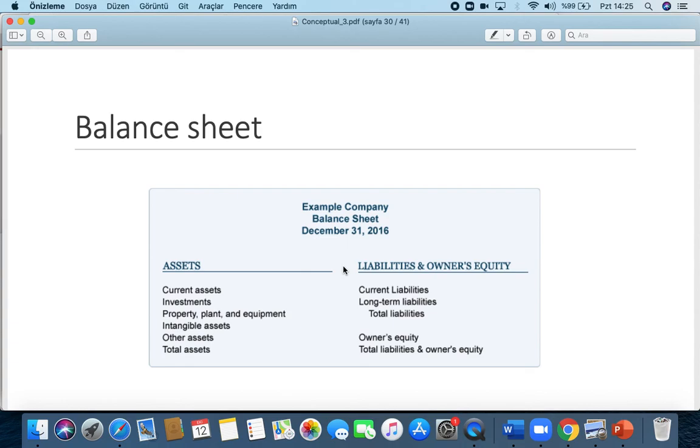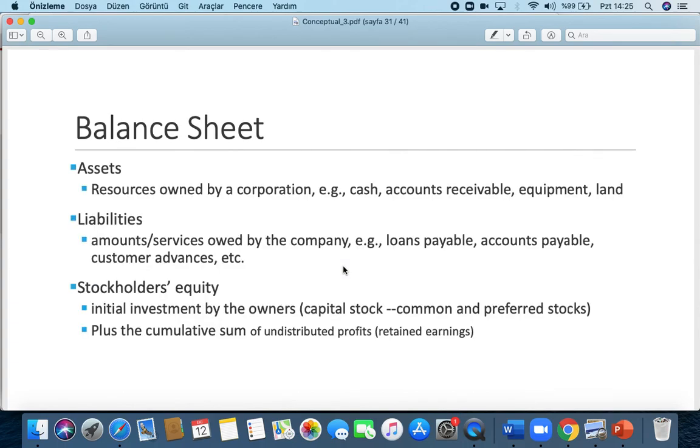So you're going to be reminded by this in the next week. Okay? So you're going to read this. Assets. These are resources owned by corporations. Liabilities are owed by the company. Equity is the internal source of finance. It is the money that is put by the owners, and there are the retained earnings, which is not distributed to the investors. Okay, we are going to know this. We are going to be very familiar with these words.